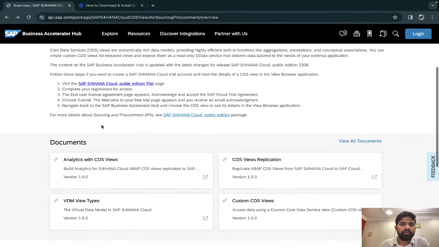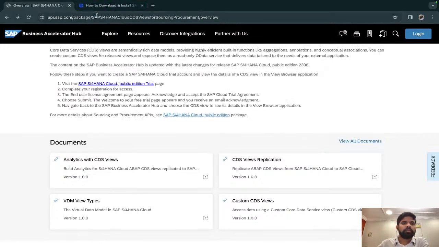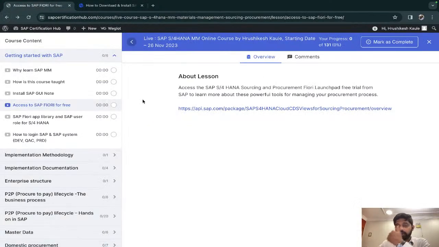Once you log in, you have to click here on this SAP Cloud Public Edition trial. So this is basically a trial. They will give it to you for 15 days. Then after 15 days, you can extend it for 3 months. Then after 3 months, I think again you can extend it for 3 months. And once it expires, you just go with a new login ID, and you can use it for multiple months. Basically. So I'll just go back to our, okay, here we are.